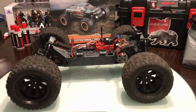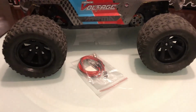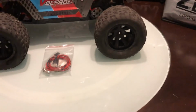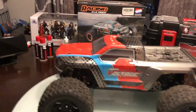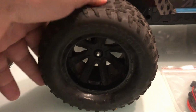And what we're going to be working on is things like, I got some lights for it, just some LED lights to help for driving at night. Then I got some wheels and tires. I do like these D-Boots Copperheads, but they're out of stock. And I actually have some on